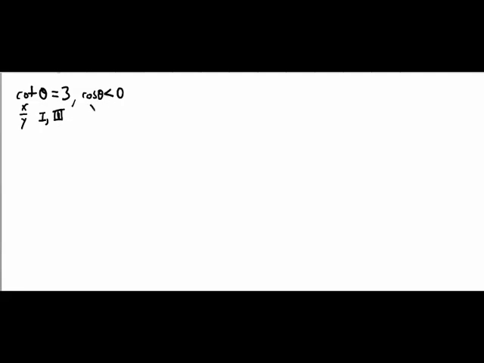Cosine is an x value, and the x value is negative. Well, when is x negative? X is negative in the second quadrant and also the third quadrant, which means that if we are in the first and third quadrant based on cotangent and the second and third quadrant based on cosine, then we're in the third quadrant. So we're going to draw a third quadrant triangle to give us our nice reference angle from position